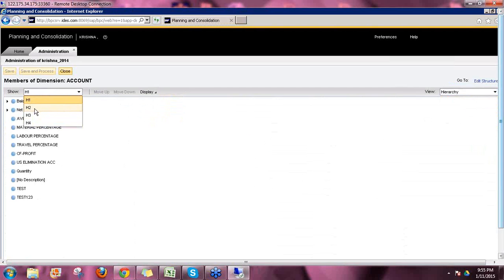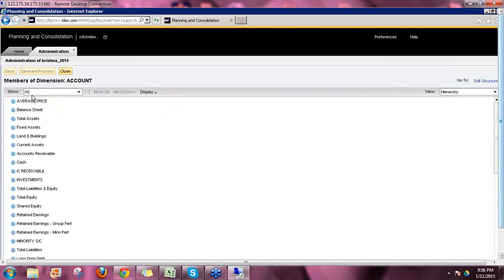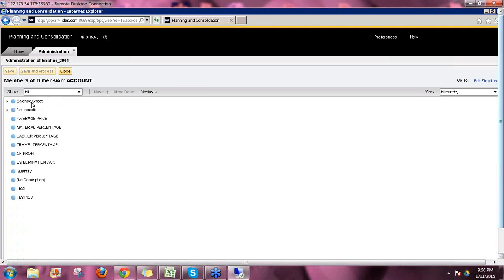I don't have defined H2 hierarchies, so if I select it, it will show there is no hierarchy value, so it will show all the items one by one, because hierarchy 2 is not defined. If I have defined hierarchy 2, then it will show in the same hierarchical fashion like H1, whatever hierarchy you have defined. And if you see here,